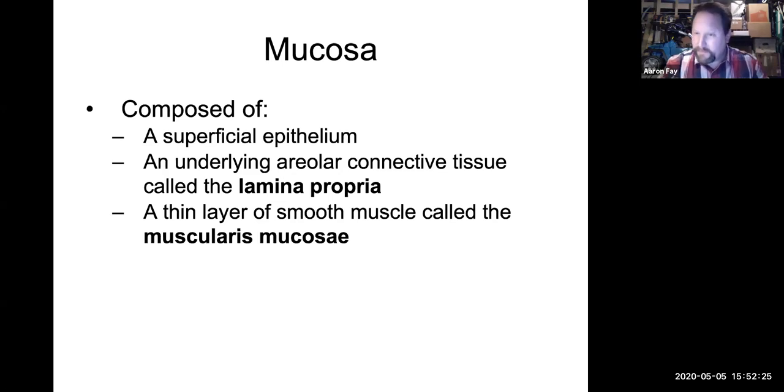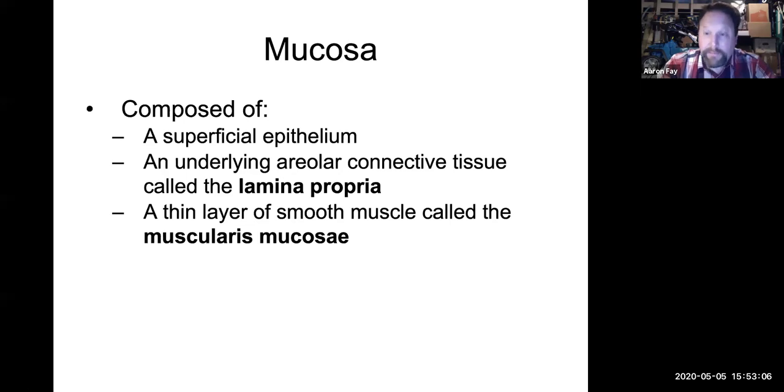Okay, let's break down each of these layers. So the mucosa, innermost layer, you're going to have an epithelium because epithelial tissue lines all surfaces of the body. Deep to that, you're going to have a layer of areolar connective tissue because that's good at binding things together, and because it's connective tissue, it will contain blood vessels to feed those deeper structures. Then superficial to that, we have a very thin layer of smooth muscle called the muscularis mucosae. Do not confuse this with the muscularis. Muscularis mucosae is different. It's part of the mucosa,